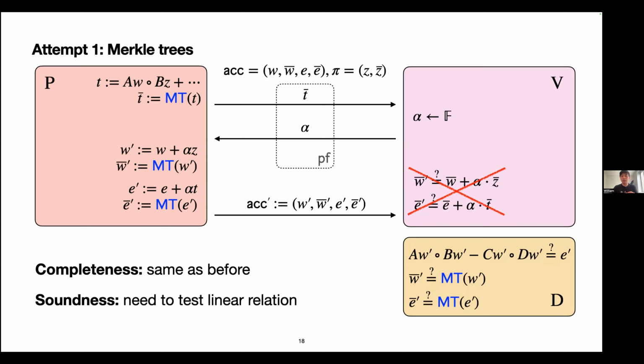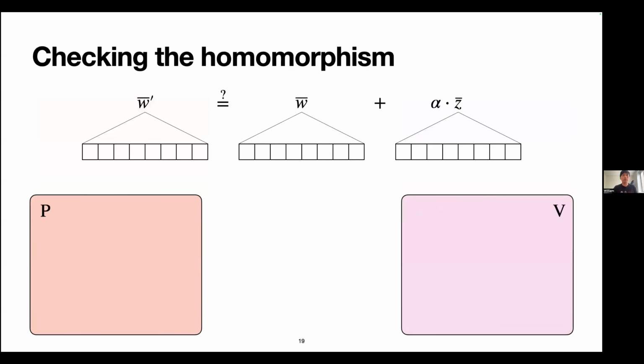Okay, so let's focus on specifically just checking this linear relation. As before, we have 3 commitments, and we want to check that the underlying committed vectors satisfy this linear relation. Namely, the first one is equal to the second one plus alpha times the third one. And because we can't really do anything with the commitments itself, we actually need to do a bit